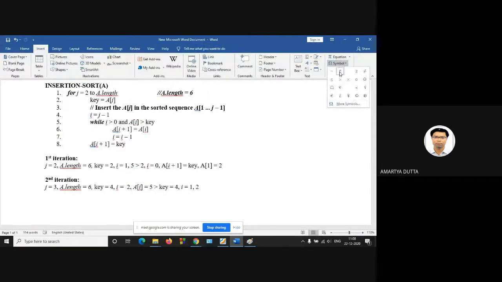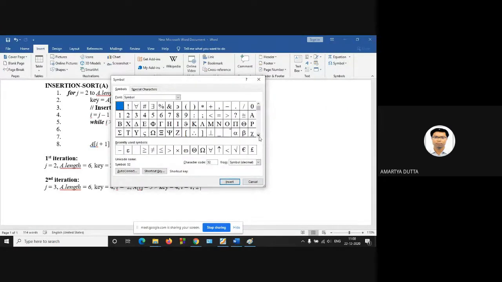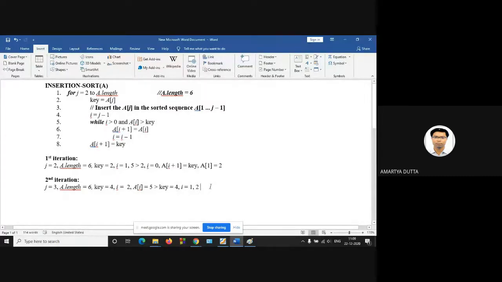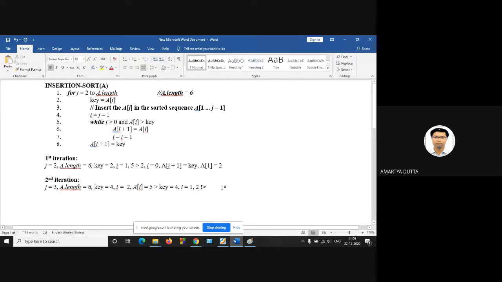So 2 is not greater than your key value, which is 4.